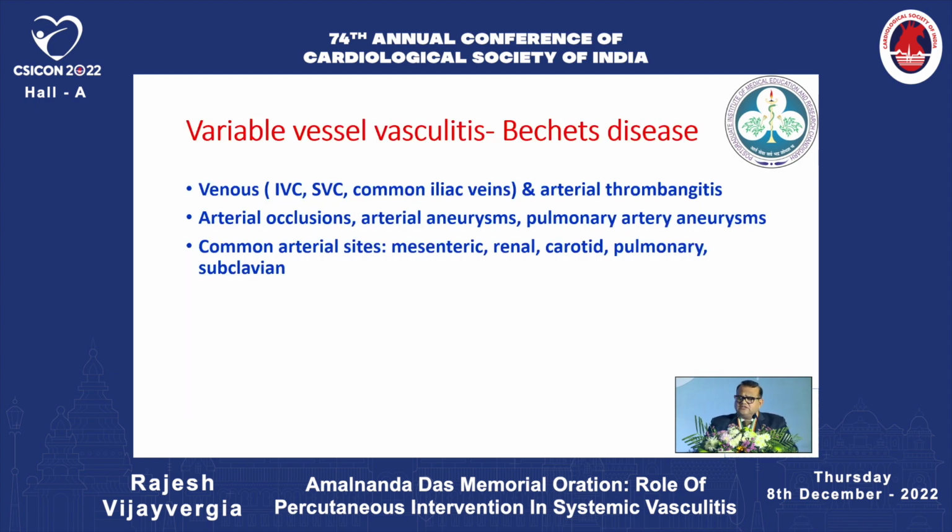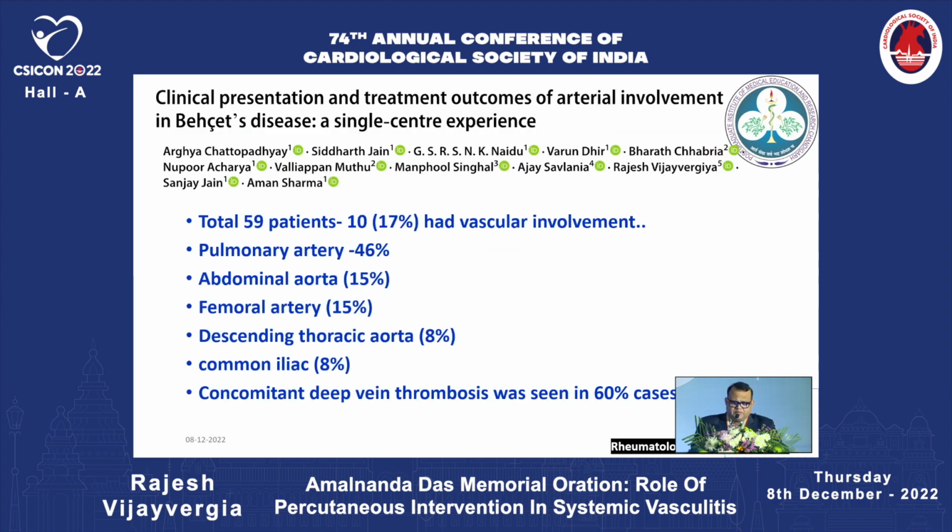Regarding Behçet's disease, it does involve both the venous and the arterial system. Arterial occlusion and aneurysm can be there, and other vessels can also be involved. It's our experience from our center, where out of 59 patients of Behçet's disease, around 17% had vascular involvement,